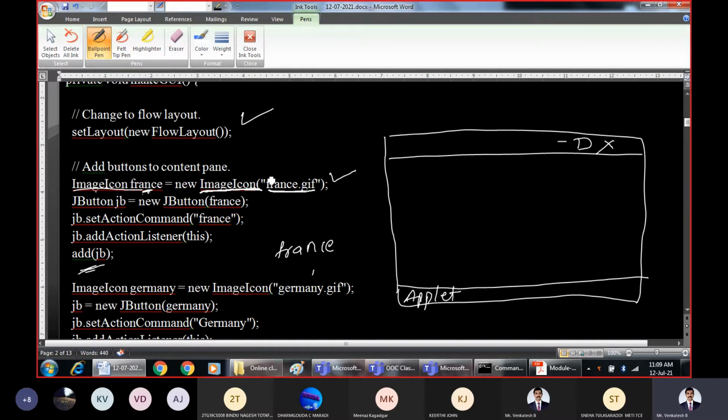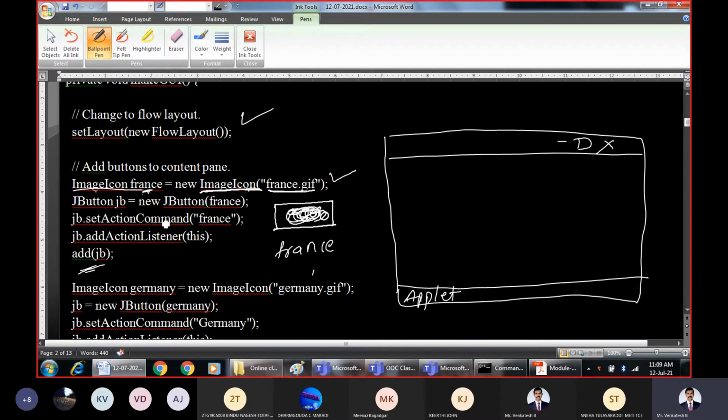That image is passed to the ImageIcon, and a new image based icon will be created and assigned to France. We have created one image with some content present within it. So France is one icon which we have created after this line.